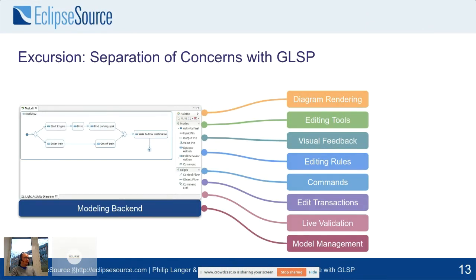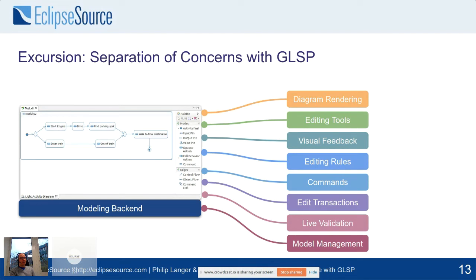Just to get a little bit into the details about the idea of GLSP, there's a number of things that a diagram editor needs to do. So we have diagram rendering, obviously, so that you can see something. You need the editing tools, so the palette. You need some visual feedback so that you know, for example, where you can connect an edge to. And then there's more stuff like editing rules: who can connect with whom, commands, what can you actually change and what does it mean, transactions, live validation,